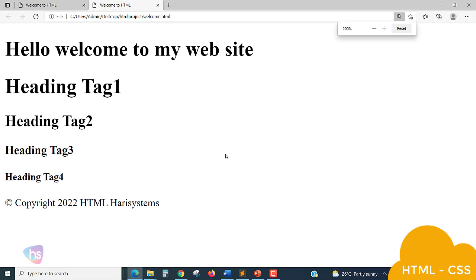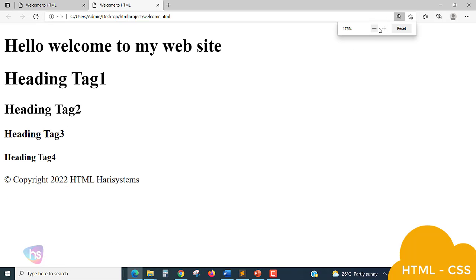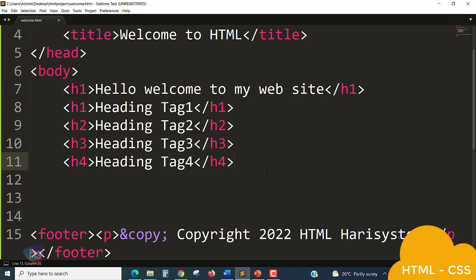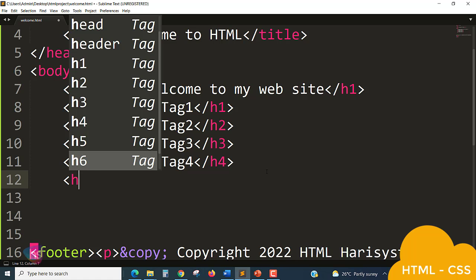Now I'm making it a little lower for convenience. So heading tag 1 is there, with its font size, thickness and size of heading, then the second one, the third one, the fourth one, and I'll also add the fifth and sixth here, like H5,